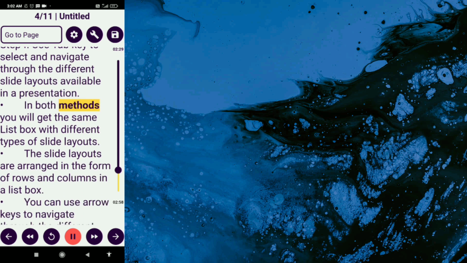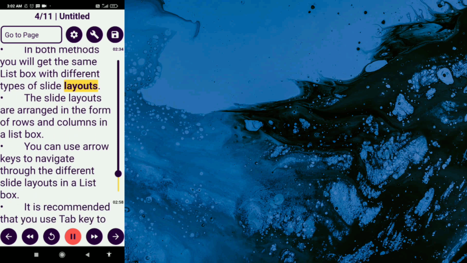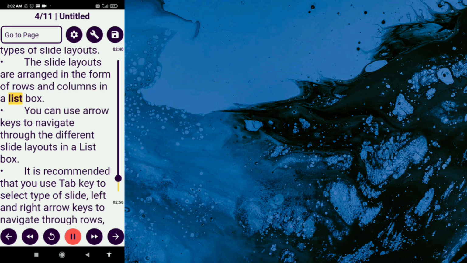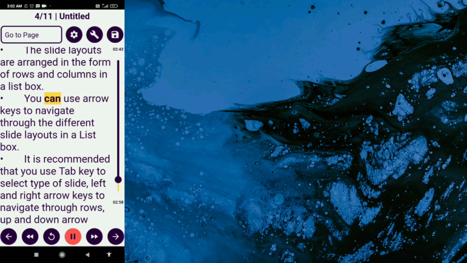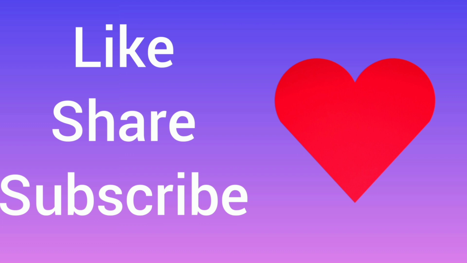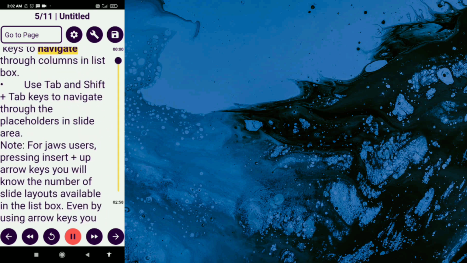In both methods you will get the same list box with different types of slide layouts. The slide layouts are arranged in the form of rows and columns in a list box. You can use arrow keys to navigate through the different slide layouts in a list box. It is recommended that you use Tab key to select type of slide, left and right arrow keys to navigate through rows, up and down arrow keys to navigate through columns,